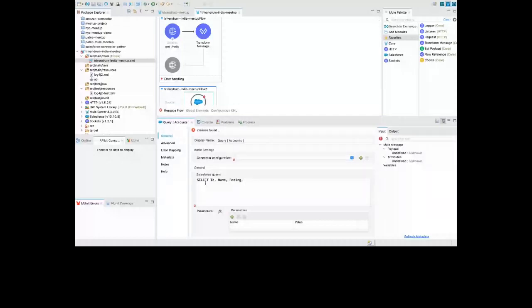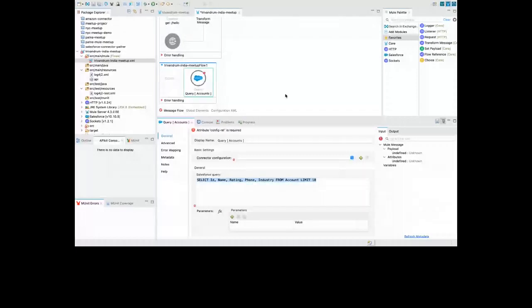So let's say ID, phone, and industry from account, and I can put a limit on the records. Okay, but still it is saying that connector configuration is required. You are saying make a query to the account object, but from which system do I need to make the query?